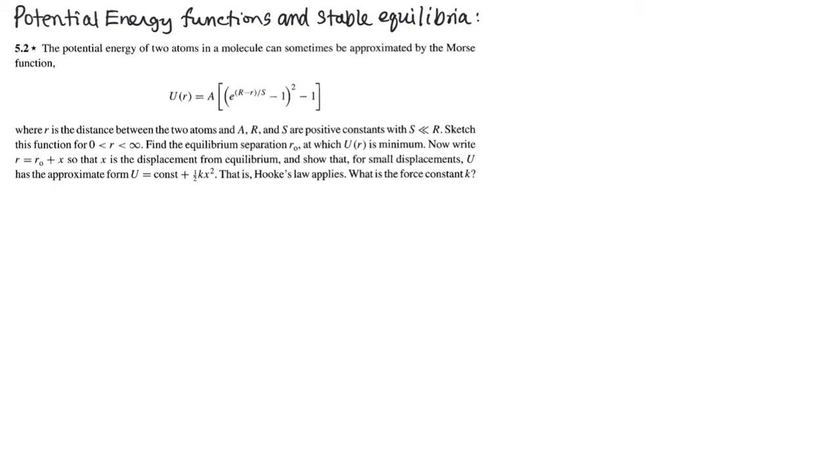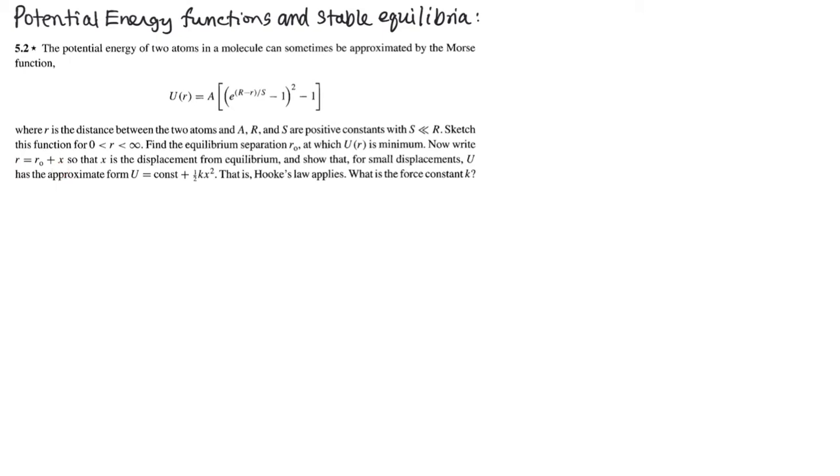So first we're asked to sketch this function over the interval r is 0 to infinity, and we want to find any equilibrium separations at which the potential is a minimum, so that indicates we're going to look at derivatives of the potential. And then we're asked to expand this function in R about the minimum such that x is